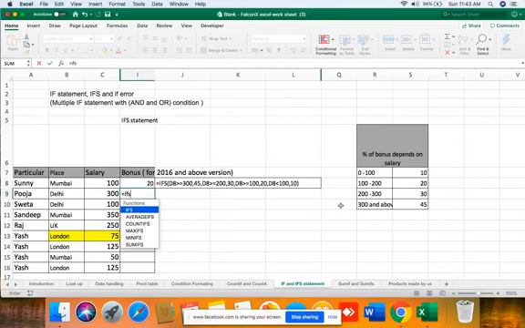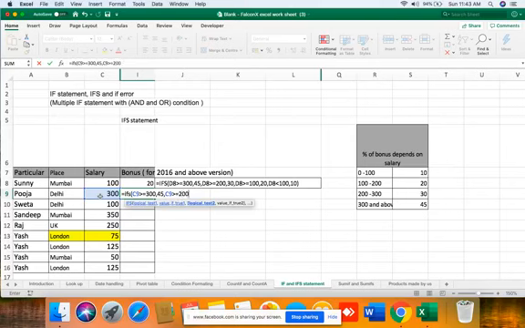In IF you can put multiple logics together. First logic is that this value should be greater than or equal to 300. If it's true, the answer we will get is 45. If it's not true, then the second condition: this should be greater than or equal to 200.